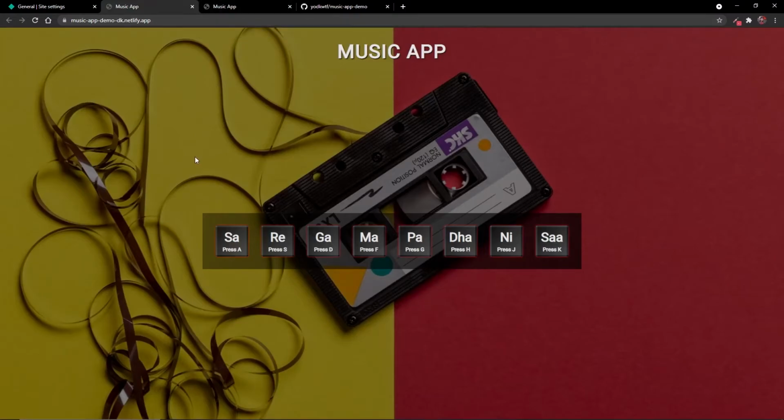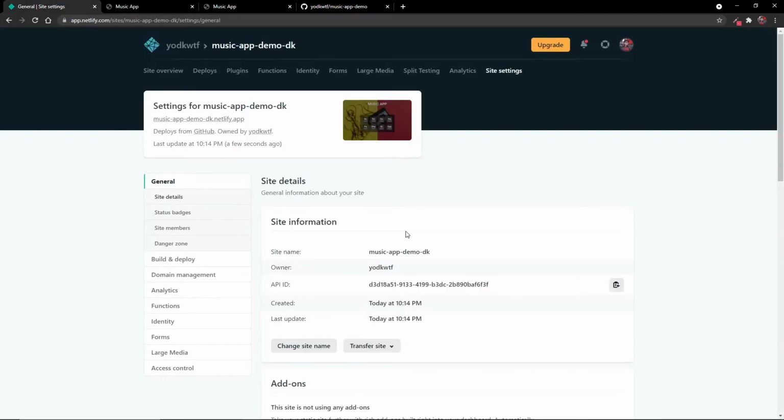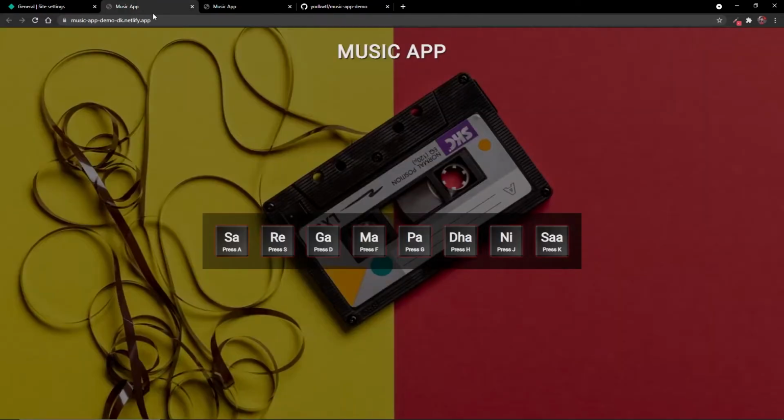So you saw how simple it was to deploy our project using Netlify in both of these ways, just by using drag and drop or by using GitHub. So the best part about using GitHub is you do not have to drag and drop your whole folder again and again. So if I were to make a change in this app, suppose I change the color of this title,